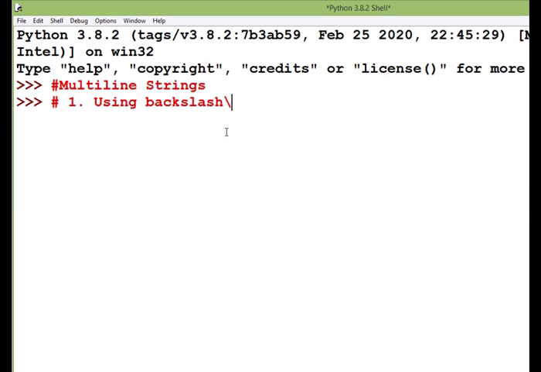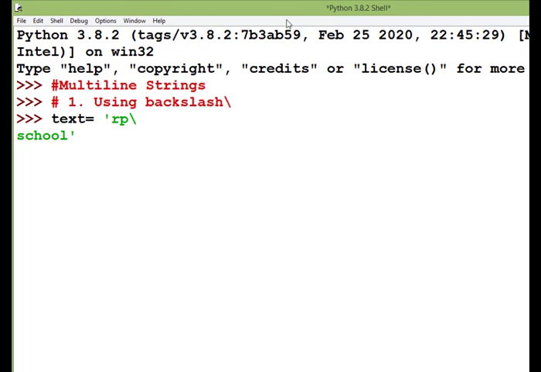Now we are going to learn about the multi-line string, and there were two ways to enter one. The first was using a backslash. So I write text equal to, let's say, RP, and I'm using the backslash here, and then I go to the next line with school, and close within quotes.